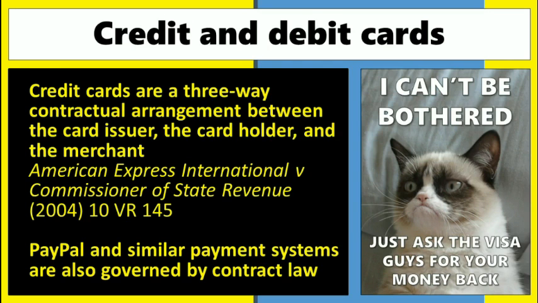The next area I just want to talk briefly about is the use of credit cards, debit cards, and other electronic payment systems such as PayPal. And really the key thing to note about these systems is that fundamentally they're just governed by contract law. When a person asks for a credit card, for example, at American Express, that particular person is forming a contract